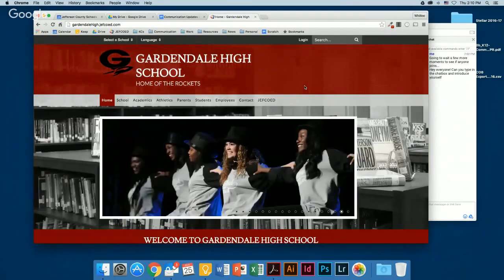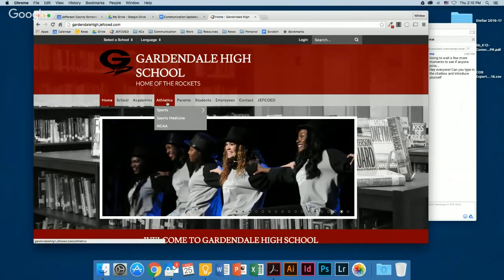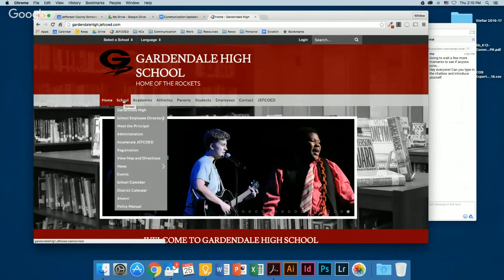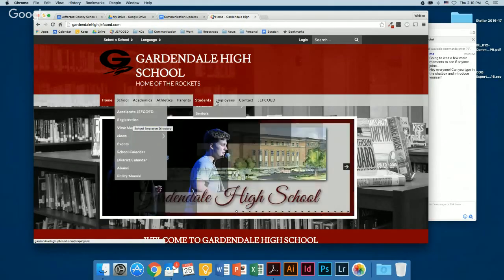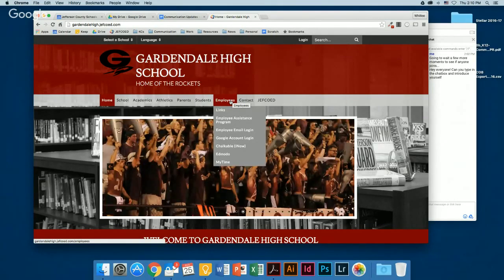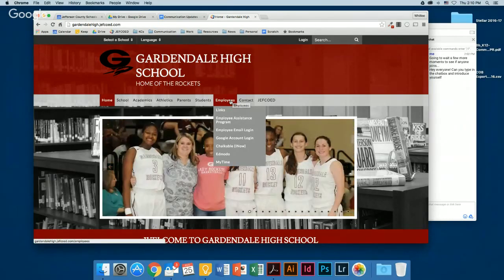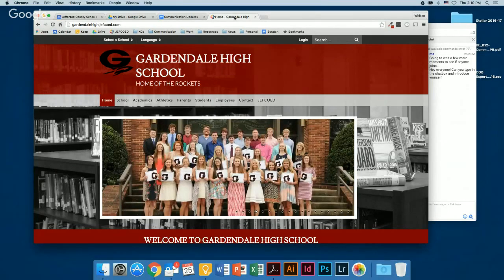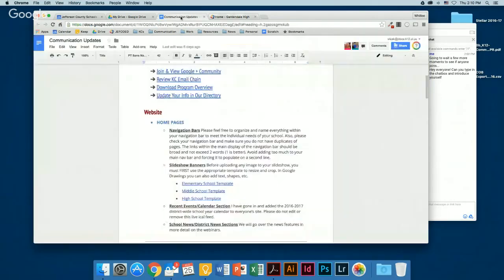So if there's not a reason for you to have an athletics section, or if you would like to put your school employee directory underneath the employees tab or things like that, please feel free to do those things, because you know your community and your parents way better than I do. So just do what you think will benefit everyone who's viewing your website.